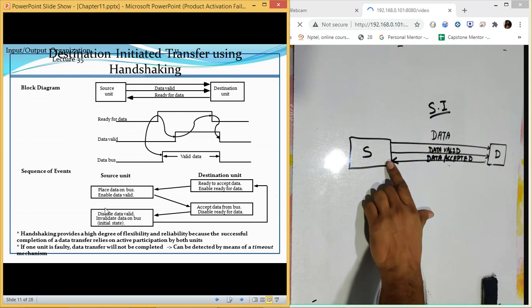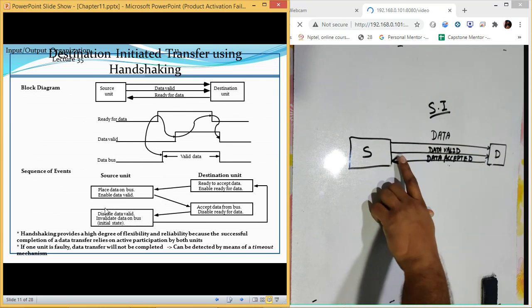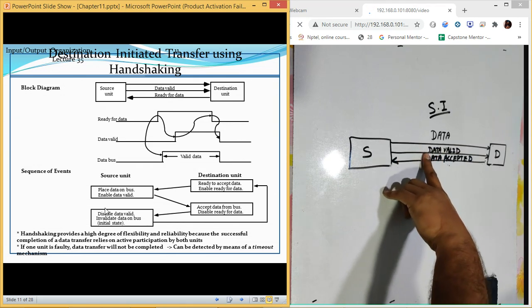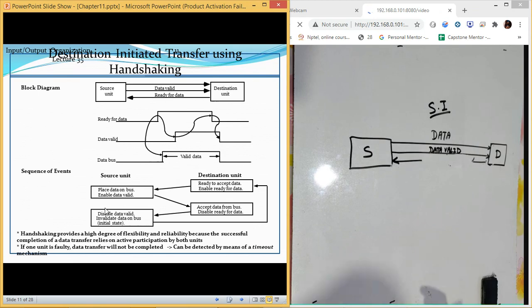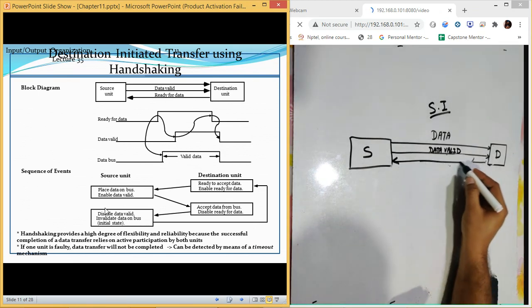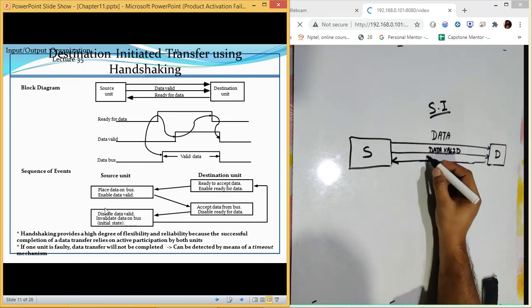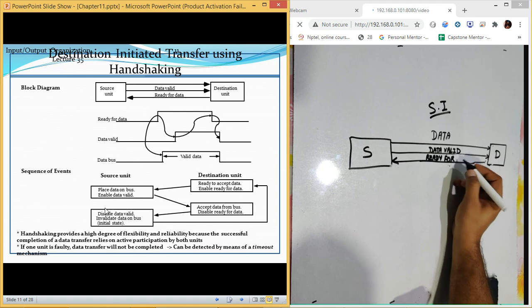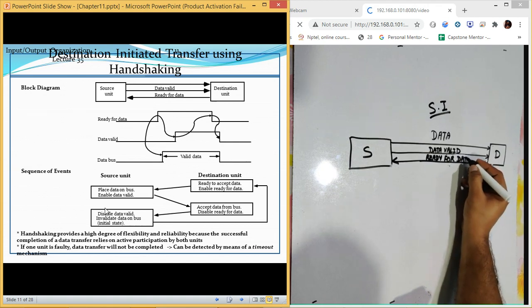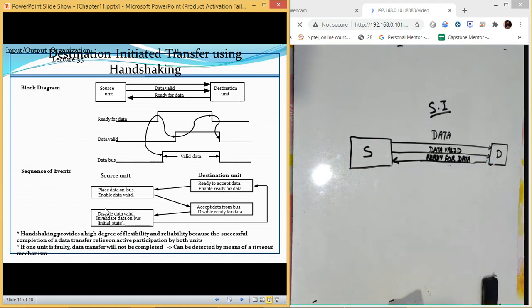But this data accepted signal which we had in the last case is now changed to ready for data. Now this is not a data accepted signal, this is a ready for data signal.